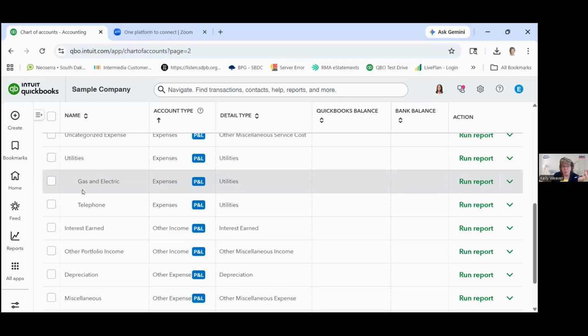And for most businesses, these expenses are not ones you can really control, not like advertising or payroll. I mean, your telephone is what the telephone is for the most part, unless you're in certain industries. But same with gas and electric. They're not really ones you can manage well. They are what they are. So do you really need to see the detail on a financial statement? But everybody has to make that decision for themselves.